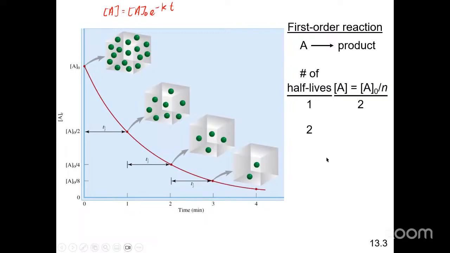If two half-lives pass by, then the concentration of A would be equal to a quarter of the initial concentration of A. If the number of half-lives passing by is 3, then N is equal to 8, and so on and so forth. If this is 4, then N will be equal to 16. So basically, we see here that for each half-life,